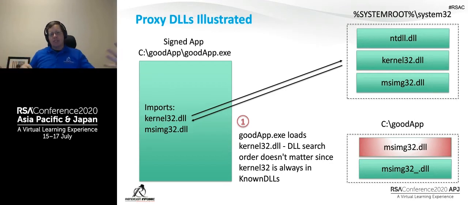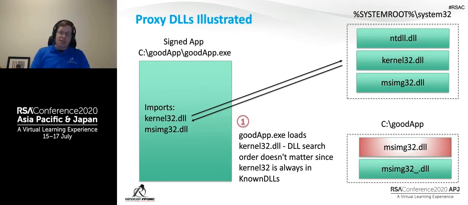So when GoodApp installed, the MSI installer basically said, okay, inherit the permissions of this directory. Set ownership, but for the permissions, inherit the permissions. Well, the root says add files, and so when it installed into GoodApp, C:\GoodApp received those same permissions. So we can write new files. We can't overwrite existing files in that directory because of ownership permissions. But if the file name doesn't yet exist in the directory, game on, we can go ahead and write it there. So what we do then is take a look at what this thing imports. Now, I've been super easy here and said, okay, let's only show a couple of DLLs.